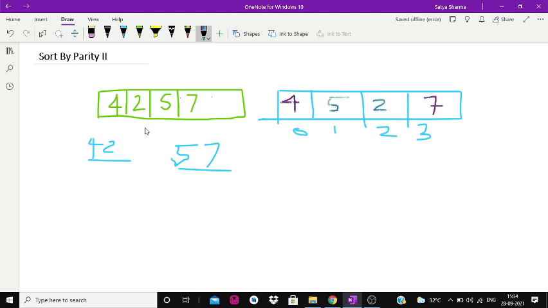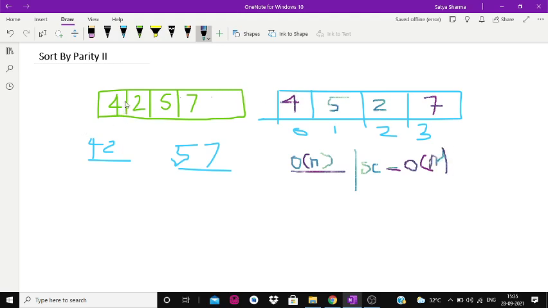Now the time complexity for this problem would be order of the length of this array. Let's suppose the length of this array is n, so time complexity would be order of n. And space complexity would also be order of n, since we are making an extra array to hold these elements and then placing them one by one.